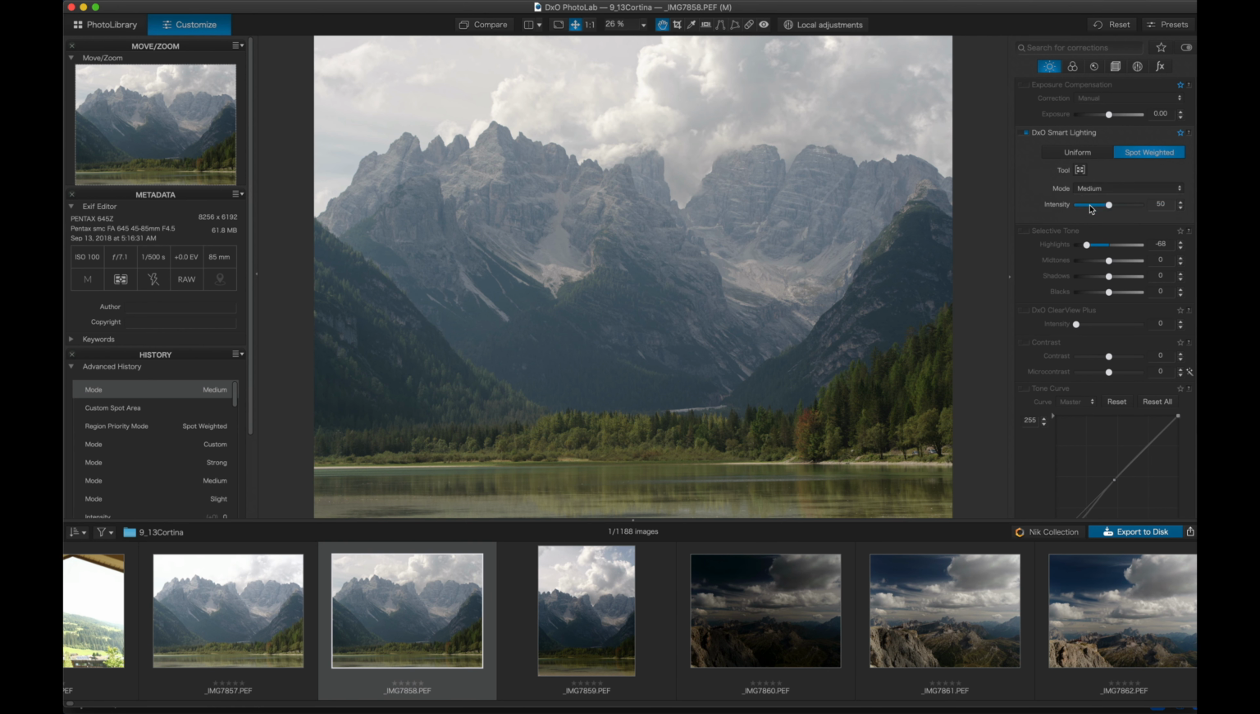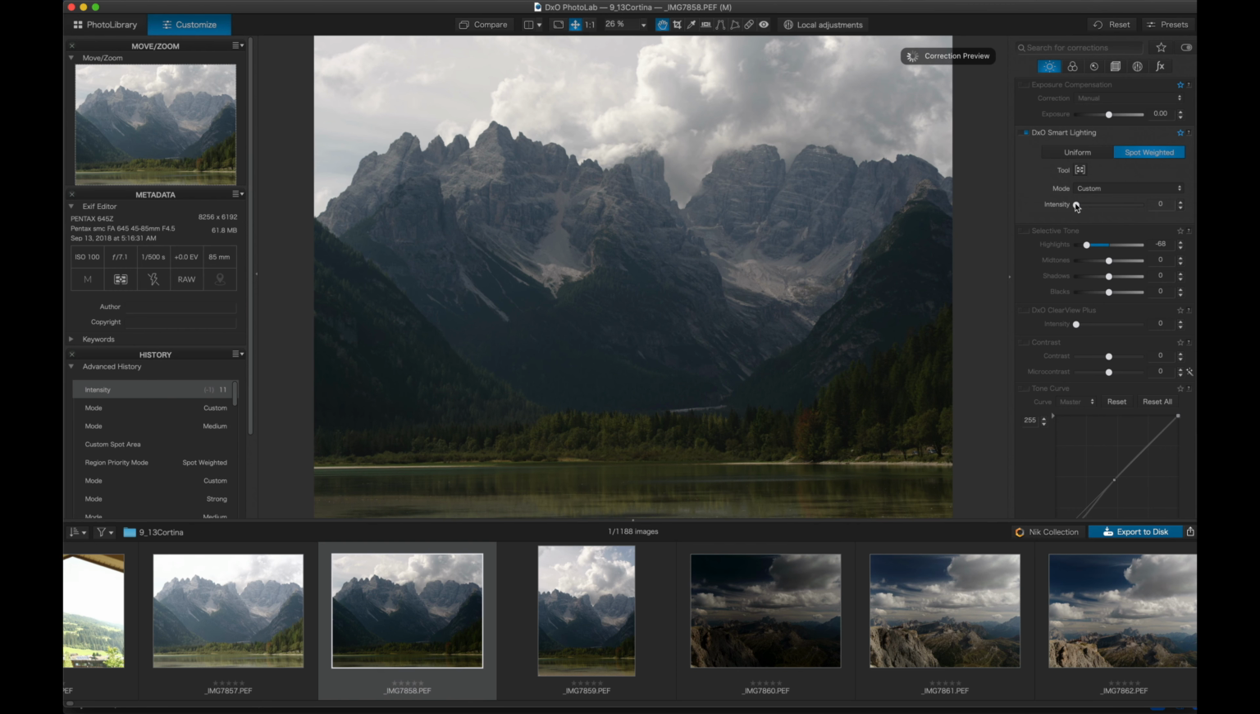We go to custom and bring it down to 0 and then adjust to taste. You can do that as well. Now this particular image is probably not the best to look at. Now what I'm gonna do